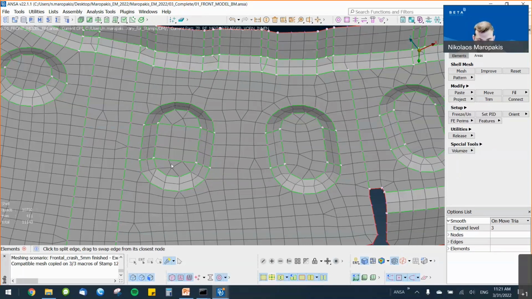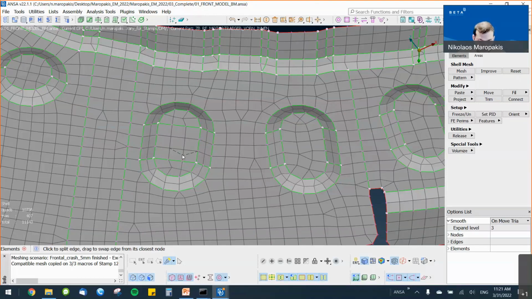Finally, I want to fix a bit this area here to remove some triangles and have more quad elements. I hover my mouse over this element. To perform a split, I will switch with the tab key to the X split, and here the same, and I will join these elements.